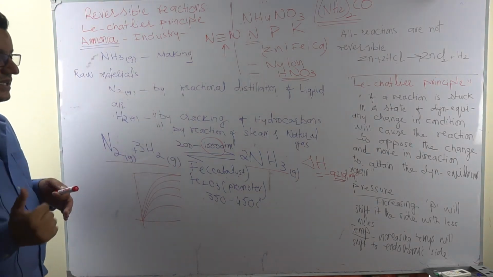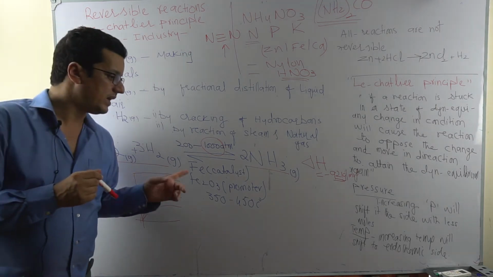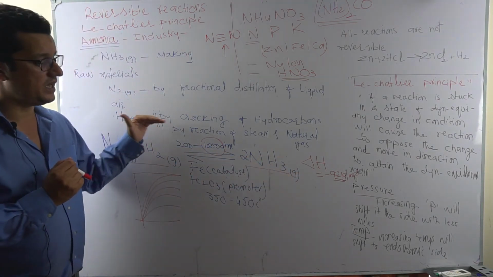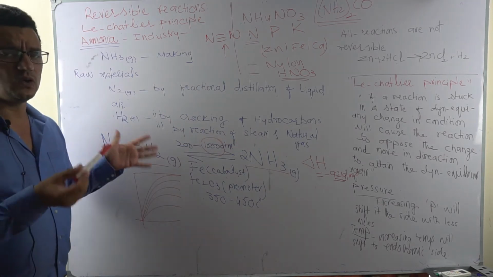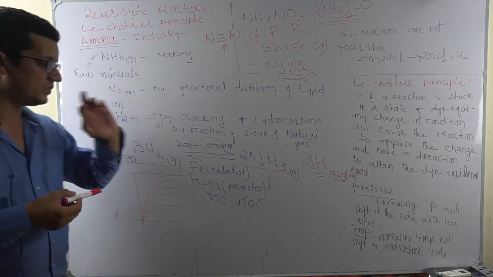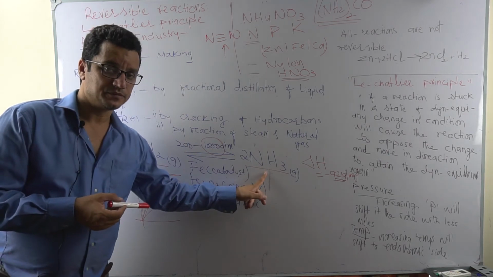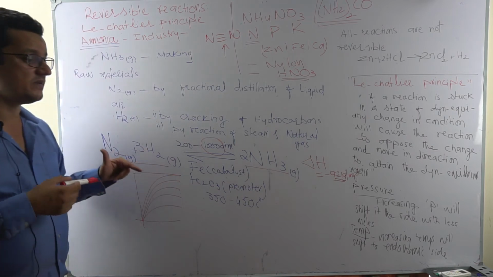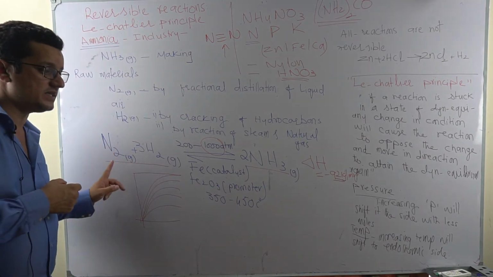So we need to adjust, and we look at the delta H value, which is negative. If a very high temperature is supplied, the reaction will move to the endothermic side, but if a low temperature is supplied, the reaction will move to the exothermic side, because the reaction will oppose the change. So high temperature will favor the endothermic side, that is the reverse, the left side.